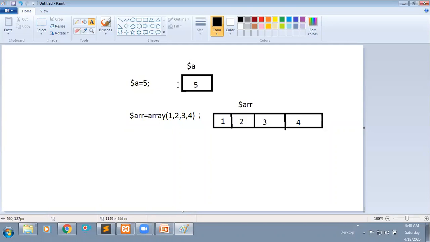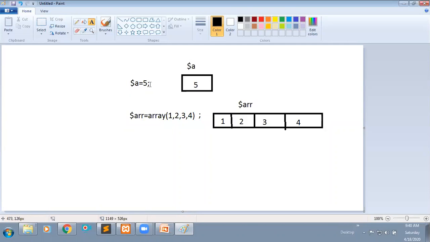Suppose I want to store more than one value in a single variable. If I try to assign $a some more values, it is not accepted, because a variable can store only a single value.